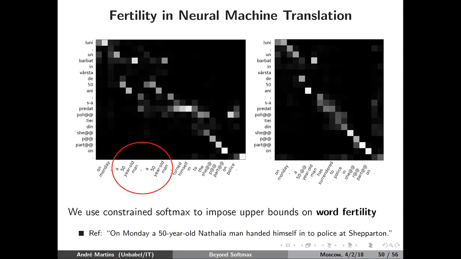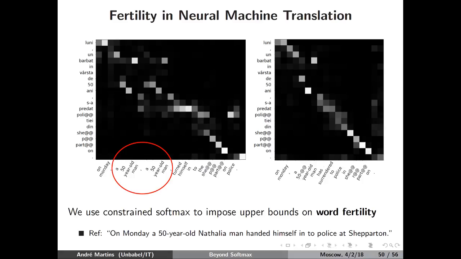And so one thing that you can do is to put an upper bound on attention to prevent these repetitions from happening. So if we prevent these words from receiving too much attention, then you can avoid this thing being repeated over and over. And actually, by doing that, we managed to solve the problem with this sentence. So this is something that we are still trying. It will hopefully be a submission at ACL. But the idea is that we can use this to model word fertility.